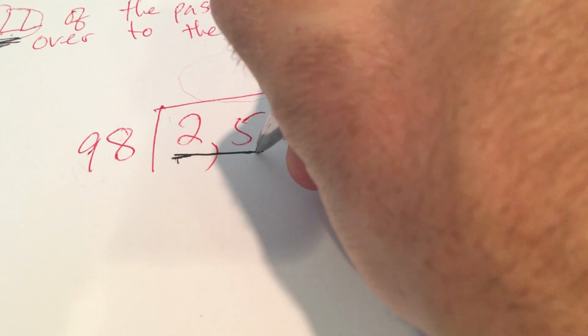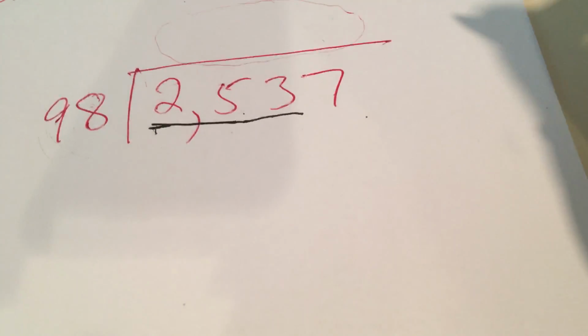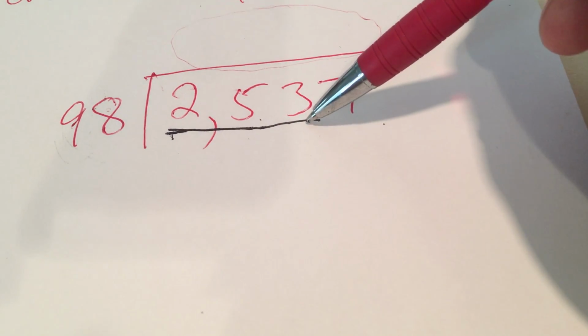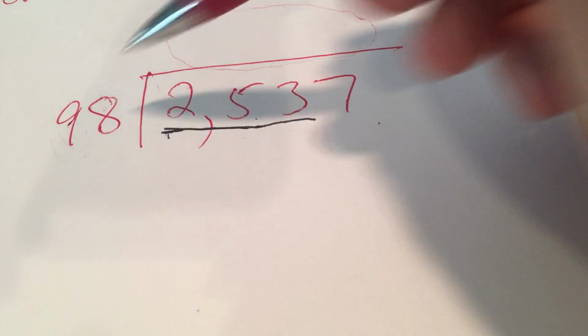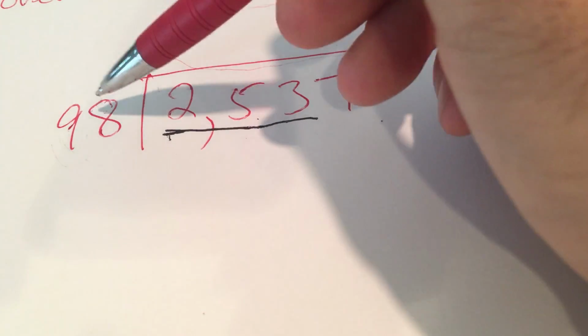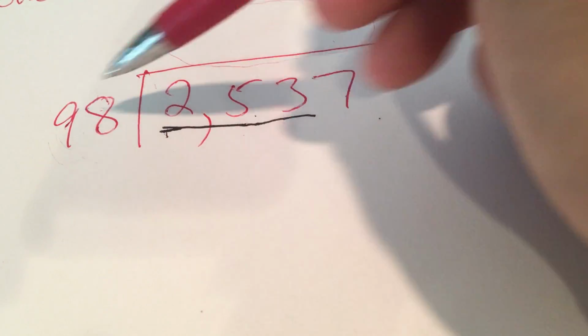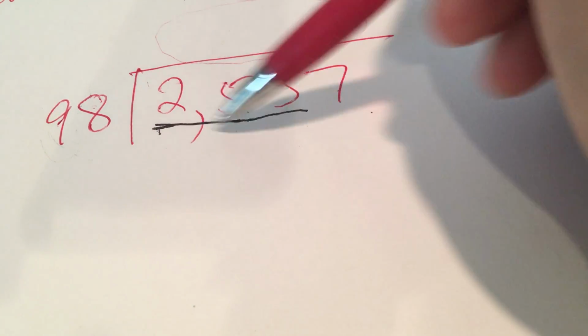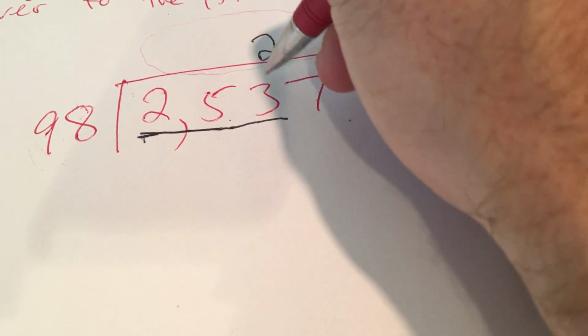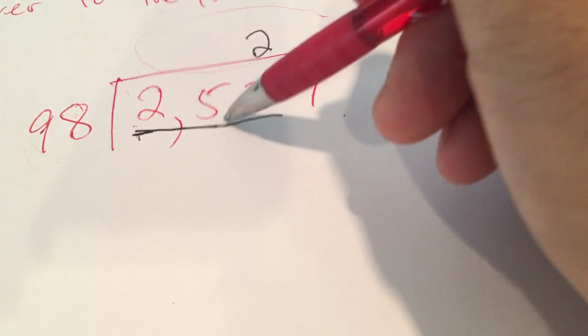So we're going to keep going this way, and we're going to look at it now as 253 tens. So if we had 253 tens, how many tens could we put into each of these 98 groups? So 98 times what gets us closest to 253? So that's about 100, so it's going to be 2 times, because 3 times would be close to 300. So it's only going to be 2 times. So you put the 2 here above the tens place, because we're looking at it as 253 tens. So 98 times 2, I'm going to do off to the side here,